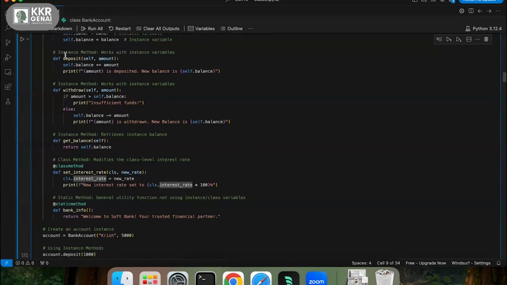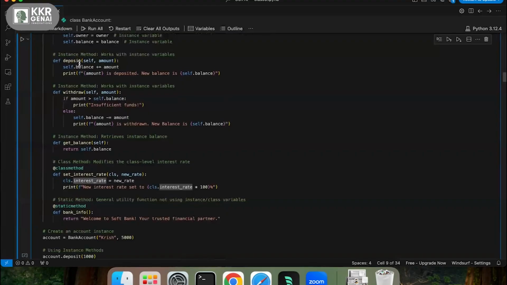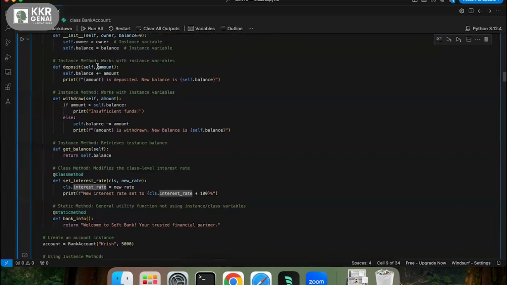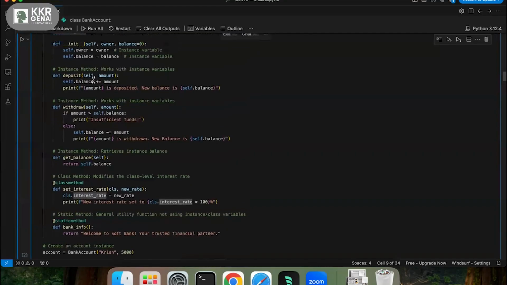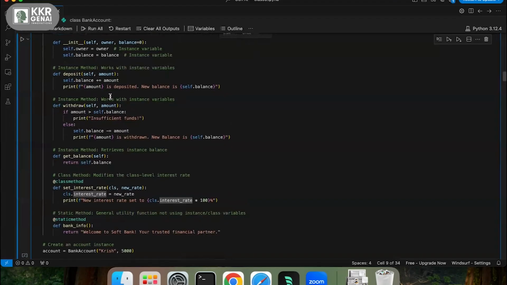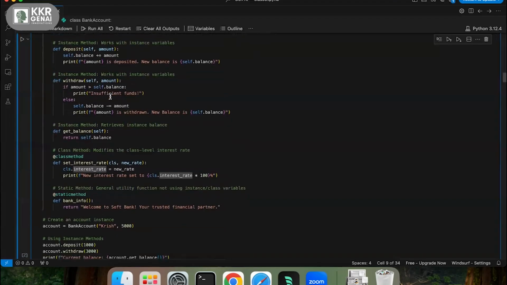And then I have instance methods, which work with instance variables. If someone deposits some money, I'm adding that to the balance and displaying the balance amount. If someone withdraws money, I need to check whether there are insufficient funds in the account. I check whether the amount entered is greater than the current balance.